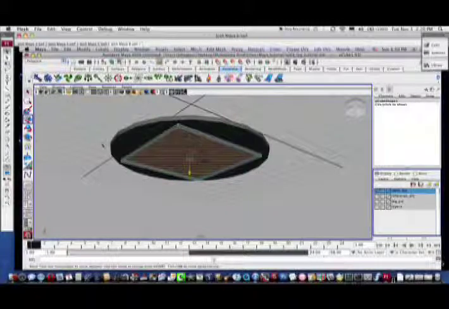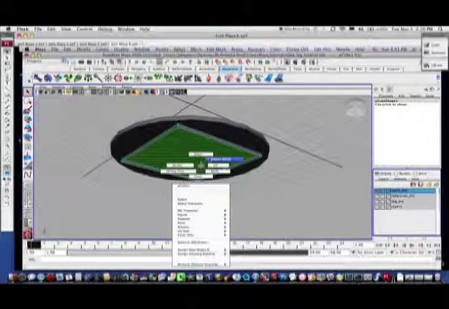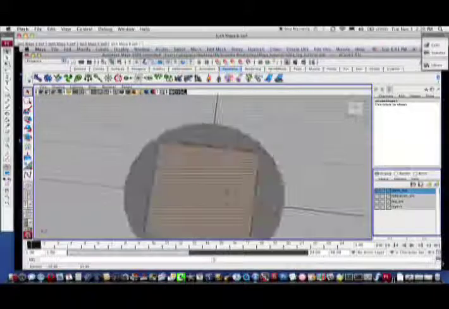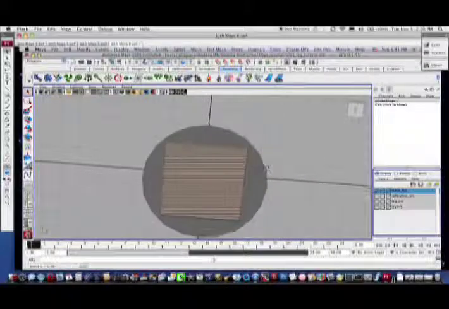So now I am going to go back into object mode and take a look and see what I've done here. Okay, so that is looking about right. So now